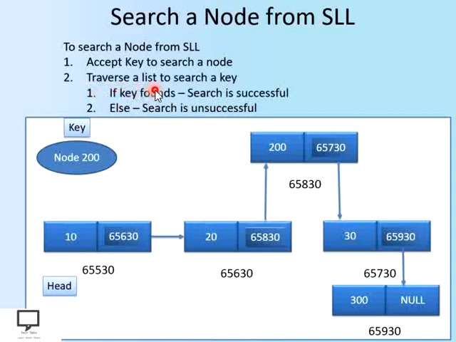While traversing the list, we have to compare every node's data part with the key, whether they are equal or not. If the key is found, that is, if both are equal, we will say that the search is successful, otherwise the search is unsuccessful. It means that after traversing the whole linked list, we are at the end of the list, and we have not been able to find the node we want to search, so all the comparisons are unequal. It means that the search is unsuccessful.